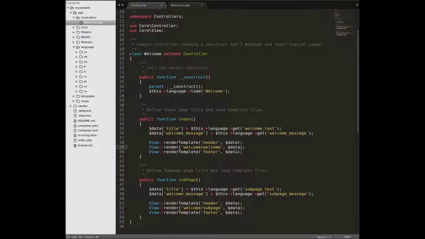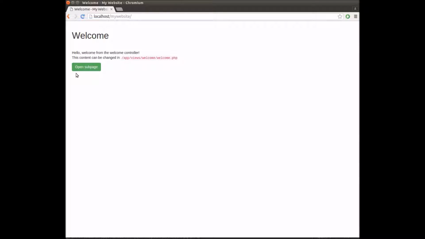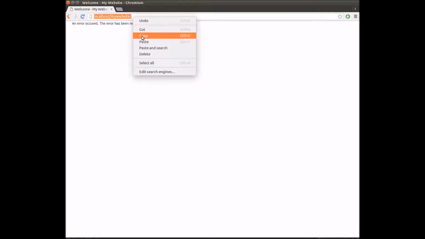So I'm going to add an S here, and I'm going to save that, and I'll refresh my index page to see what happens. Well, as you can see, it said an error occurred. The error has been reported. Let's try to navigate